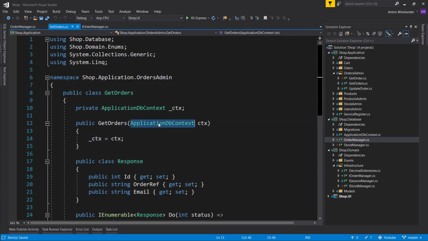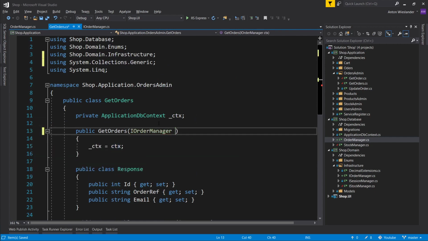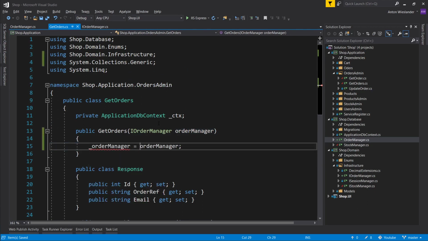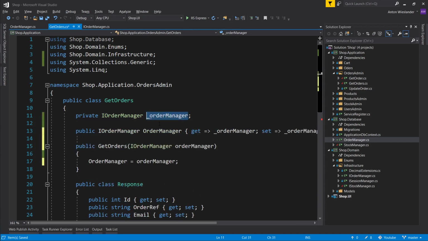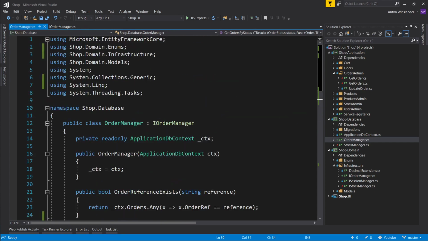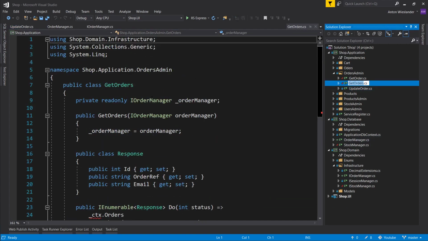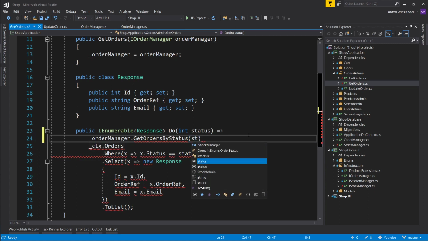Okay, so now what I want to do is, again, grab my OrderManager. Create a global field, delete the context, make it read-only. Whoa. Damn! The wrong keybind. Get order, or is it OrderManager? And now we want to get orders by status. And the status is going to be